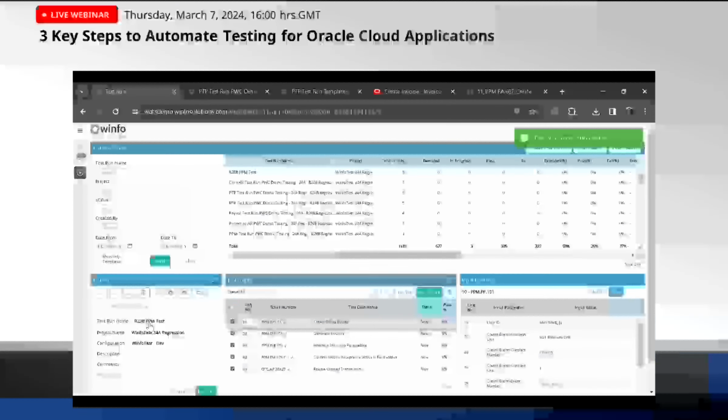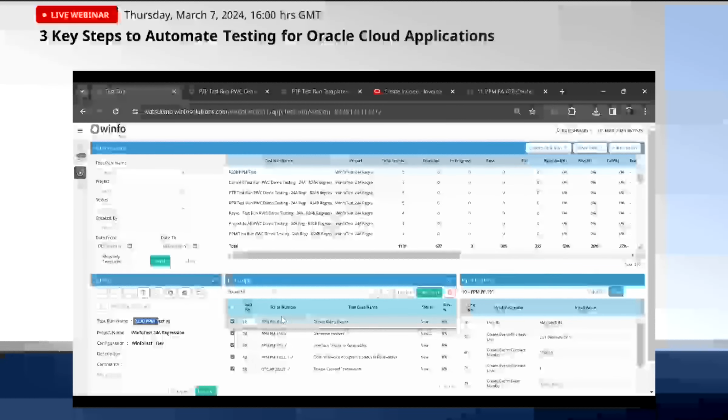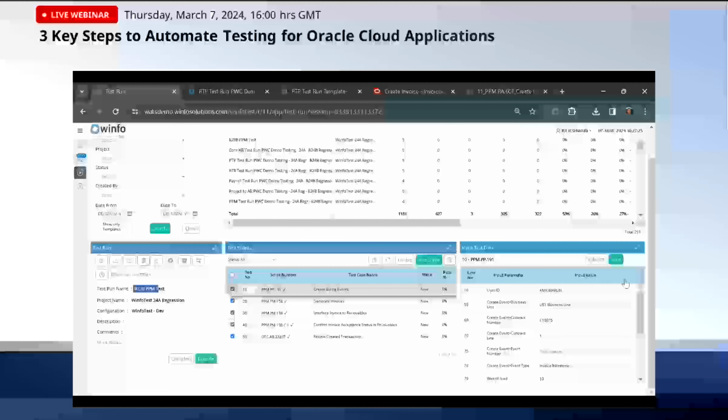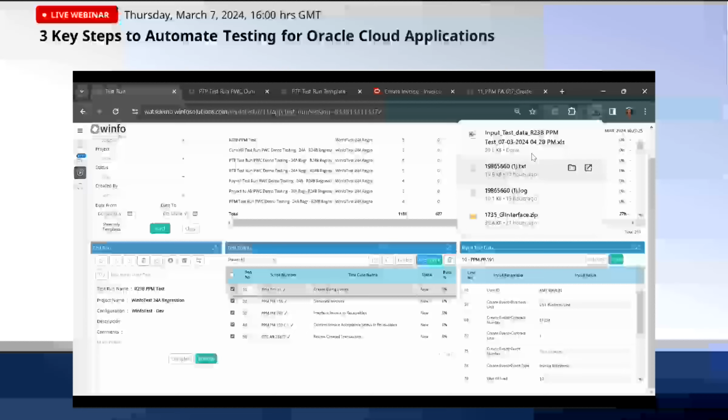Now, once I copy, I have a new test run with all of the test scripts and the test data as well. This test data can be viewed in an Excel sheet to have a quick look. And if anything needs to be changed, you can either change here. This is in an editable format, and you can download it as an Excel sheet as well. I will click on download for now,